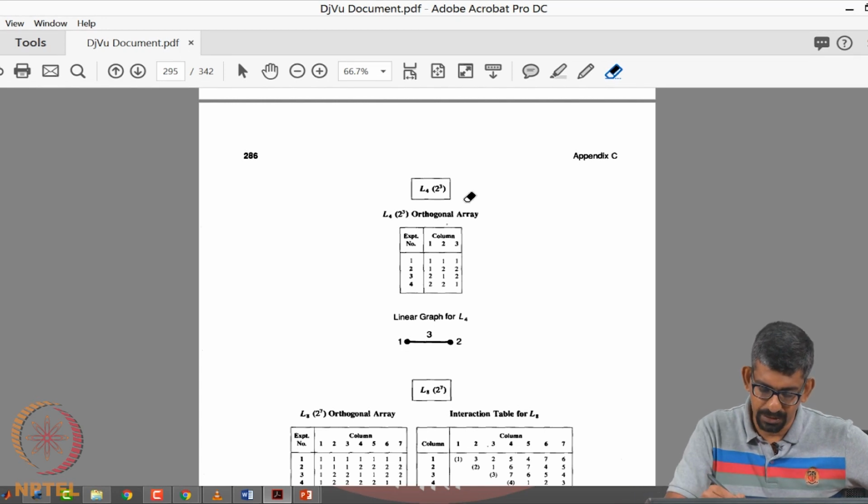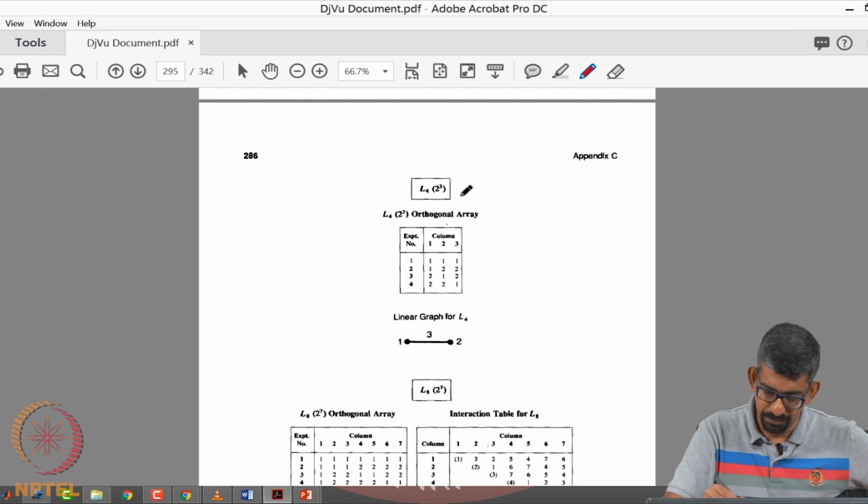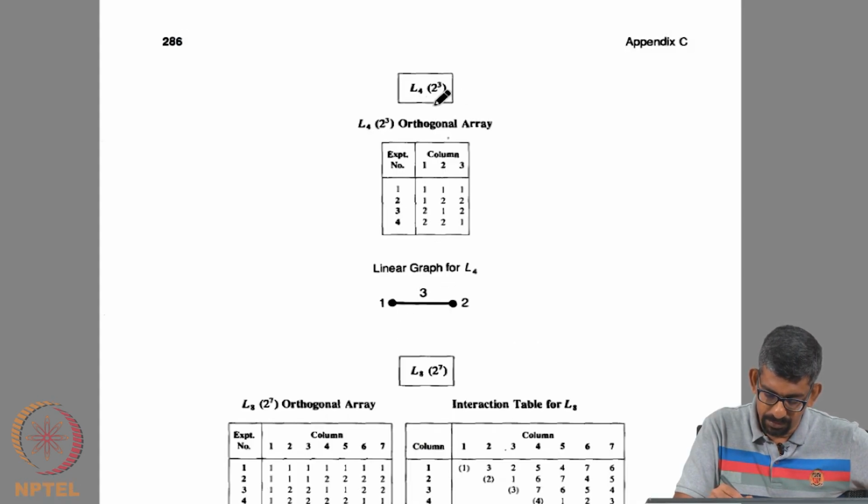If you go to that, you can very clearly see that there is an orthogonal array. For instance, L4, in the bracket it says for what conditions.